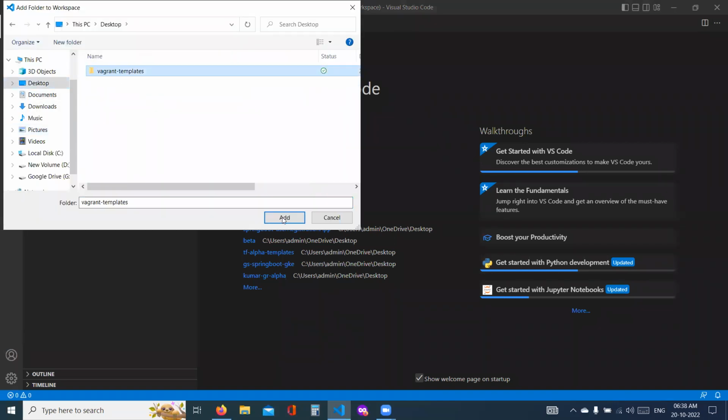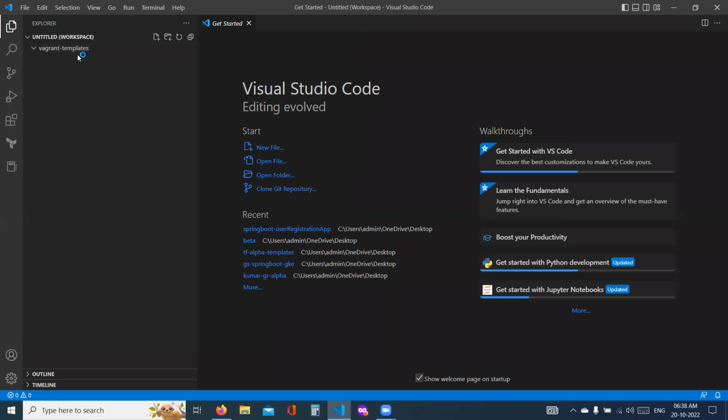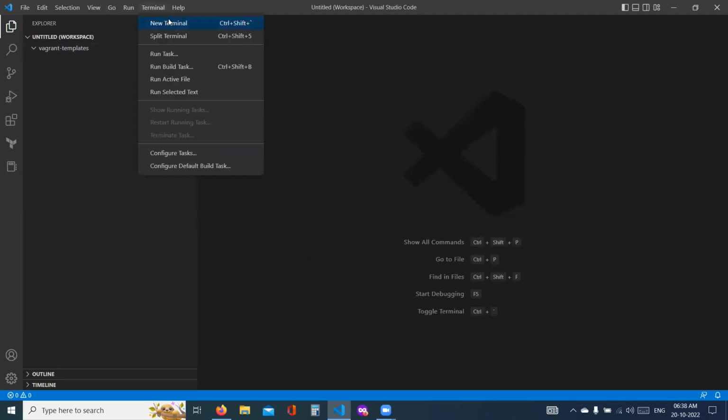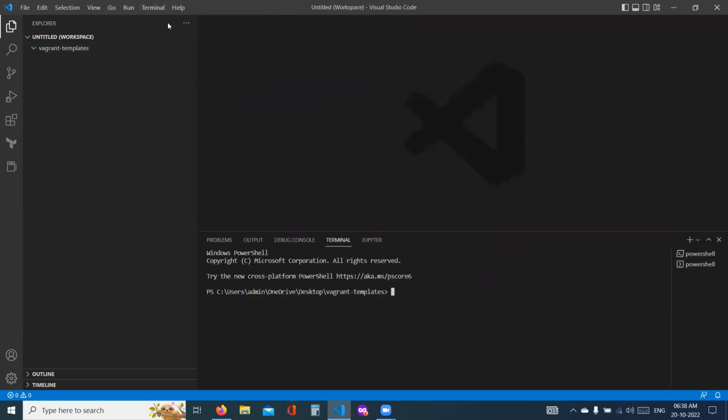It's an empty folder. So how to get started? Open up a terminal. Check Vagrant is available on this machine. Vagrant is available. So what I have to do is go ahead and borrow a Vagrant box, vagrant init